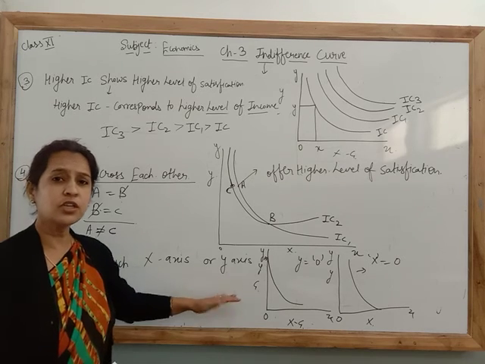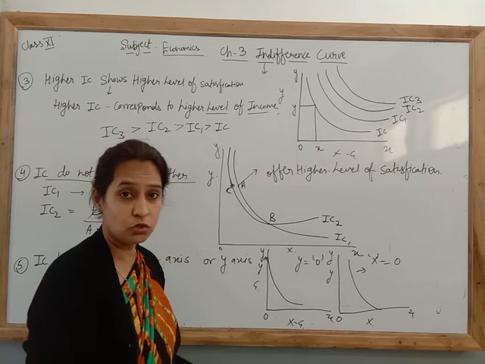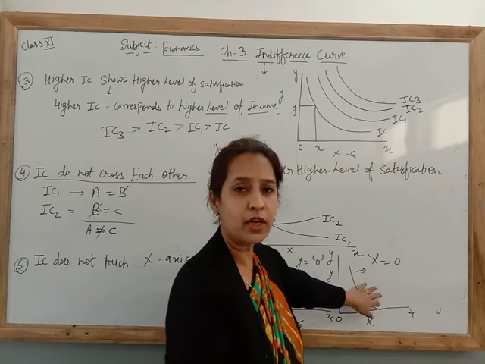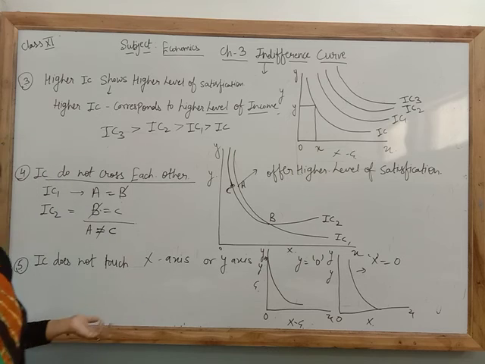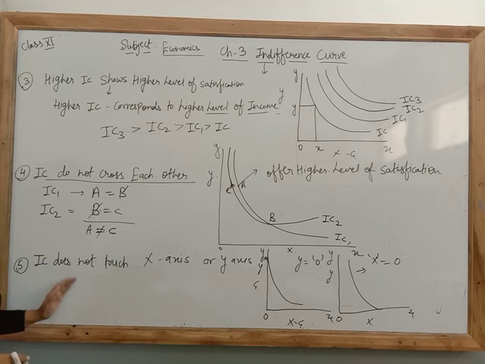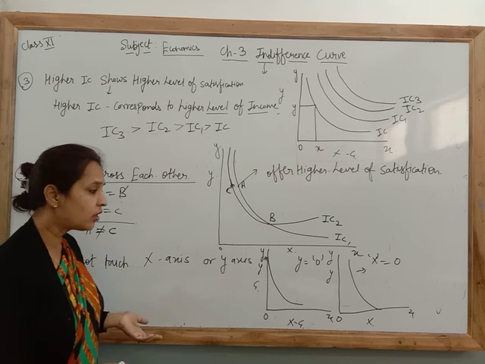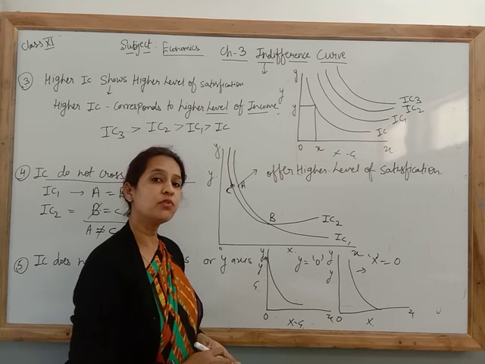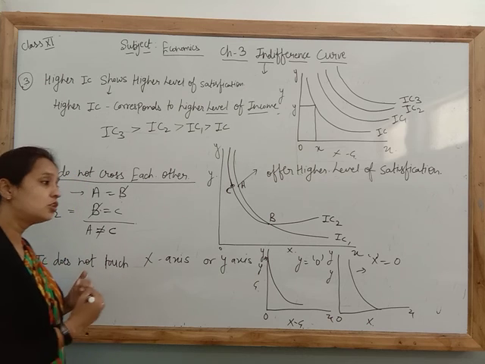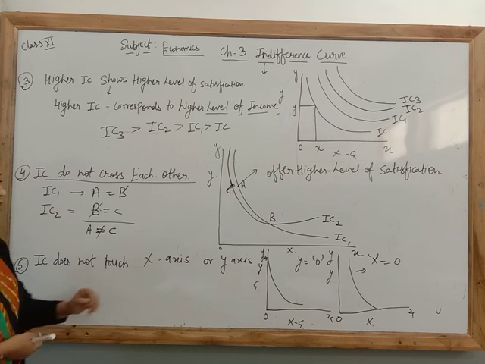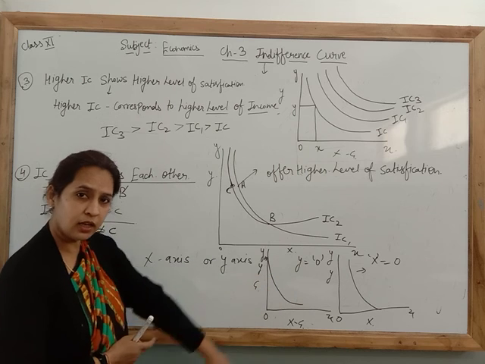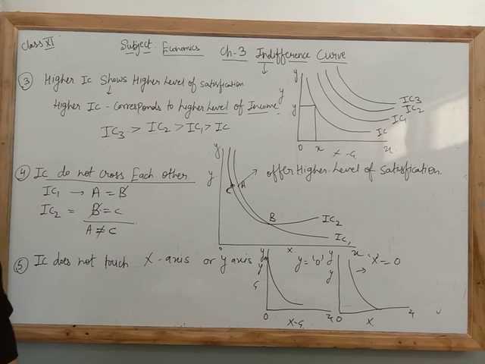And in that condition, you are not consuming. Either you are not consuming y good, or you are not consuming x good. So if you are not going to consume any good, it will not offer you satisfaction. And how are you going to get an equal level of satisfaction? So because of this reason, IC never touches the X axis or the Y axis. Because to get satisfaction, we have to consume at least some units, and when we consume, it never comes to the 0 point. Clear? That is all for today. Thank you so much.